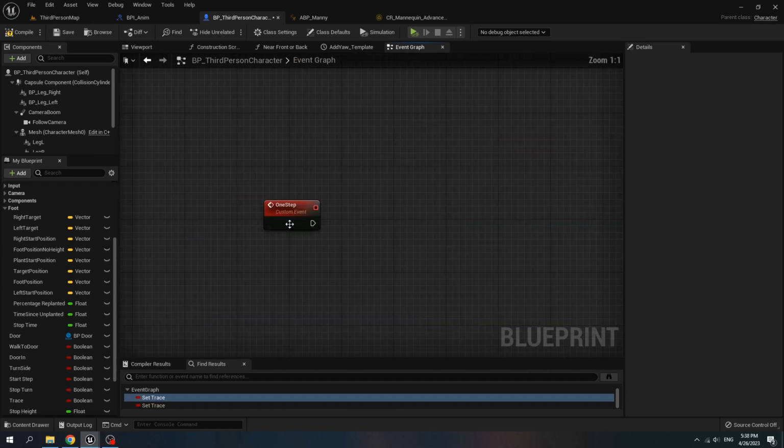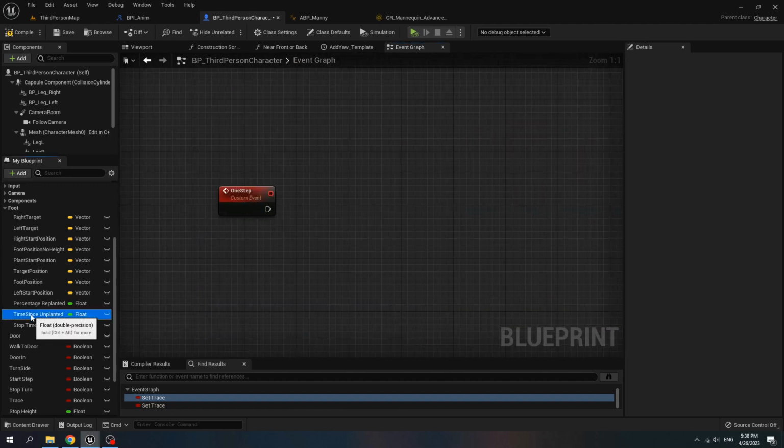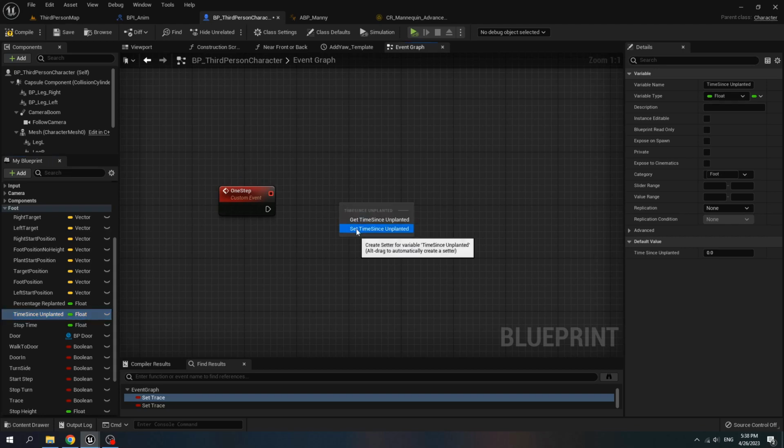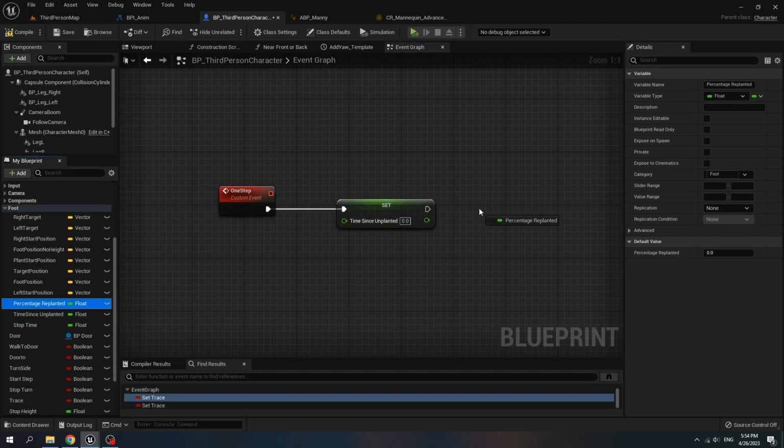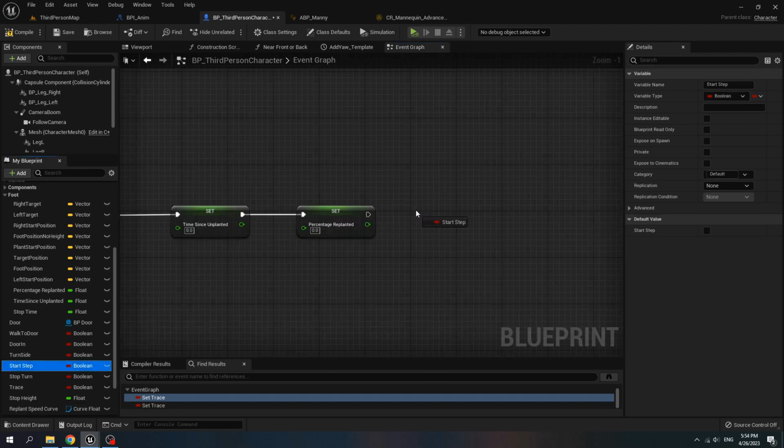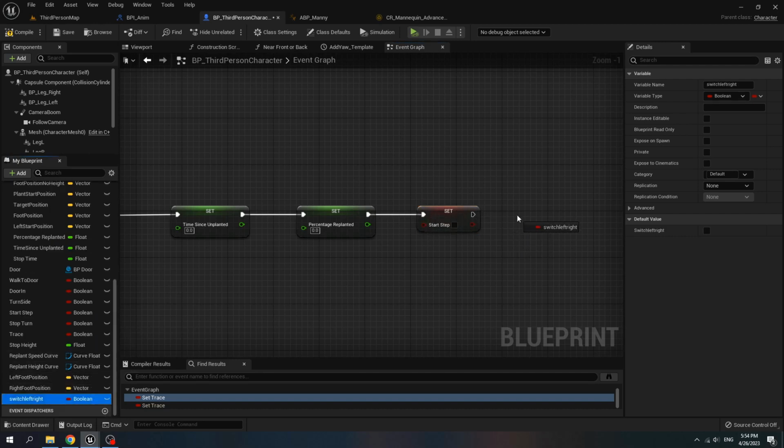Go to the one step event, set time since unplanted to 0 and set percentage replanted to 0. Set start step to false and set switch left right to false.